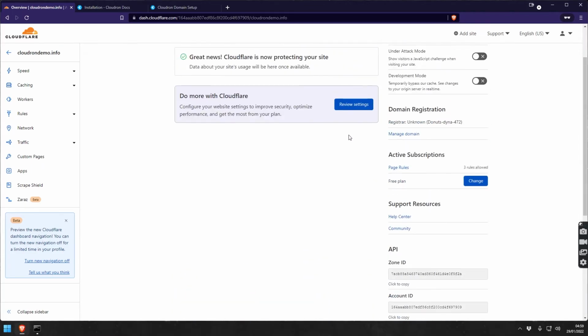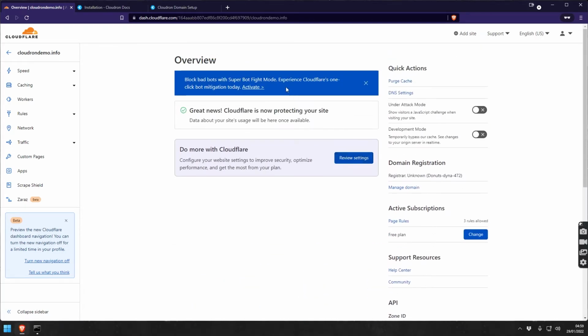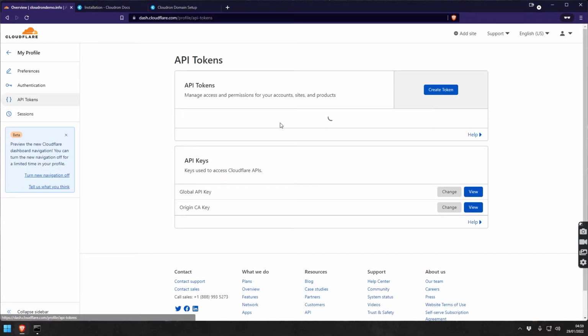Down here, you scroll. So in the main page, you scroll down here, and you can already see you have your... Don't worry, I will share this on the video, but I'll delete this domain from Cloudflare after the demo, so there's nothing you can do with this information. So we see get your API token,